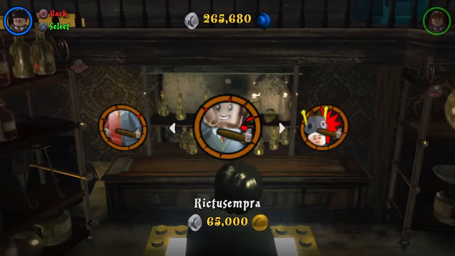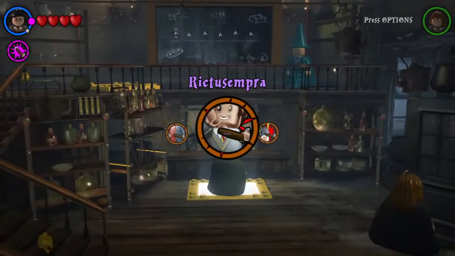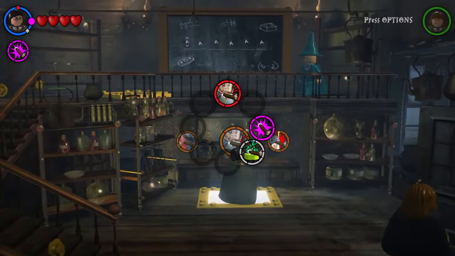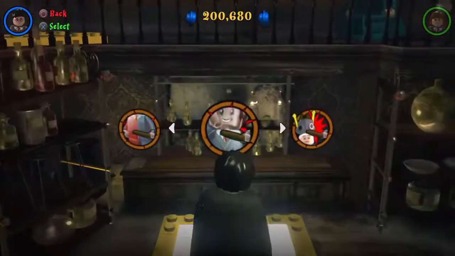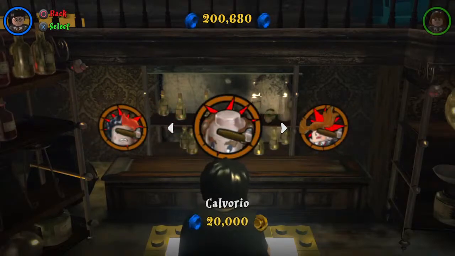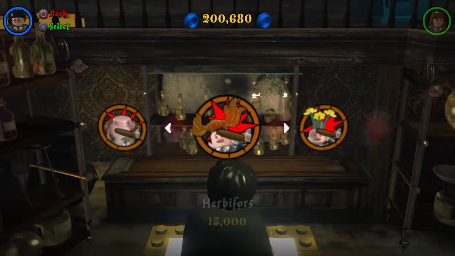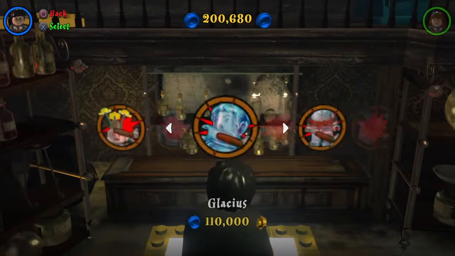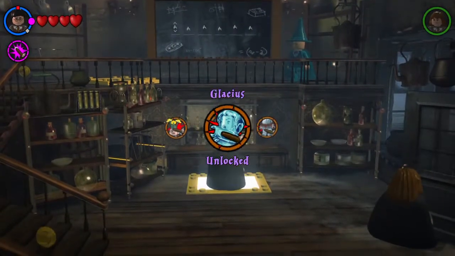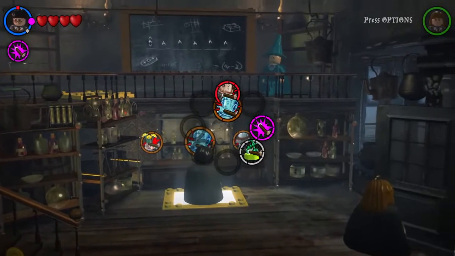Rictus Emperor. I think this is a good thing to buy. Cool. Okay, great. I also wanted to learn Glacius, yeah. Perfect. Pockets are feeling a little light now.